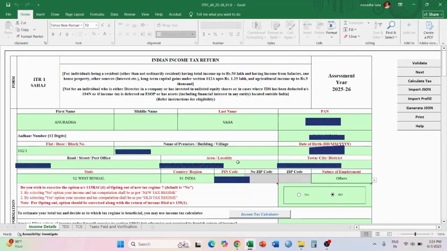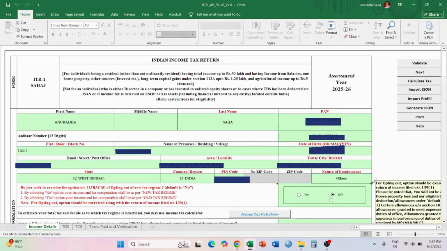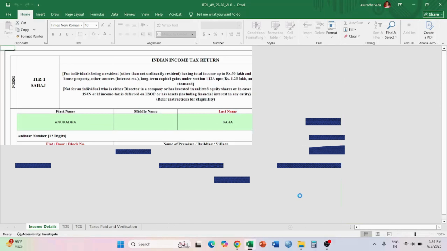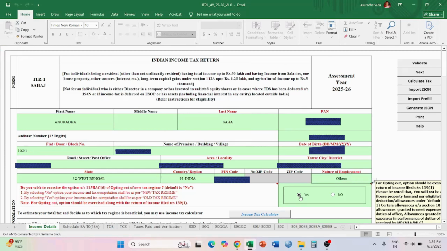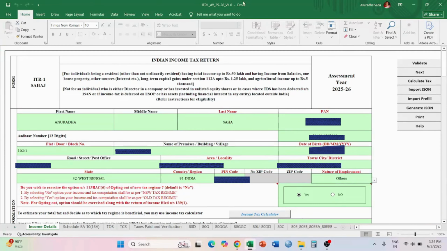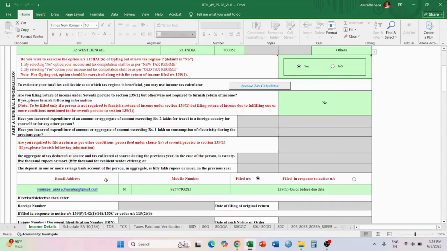Next, over here there are two options. They have said that no is the default given, if you want to do it in the new tax regime, and if you want to go for the old tax regime, then select yes. Here I am showing you the old tax regime today, so I am clicking yes. Again, see, the page gets adjusted and this page comes. Now here you will already get your email IDs written over here. If you have no data to be written in all these things, you can leave these places and continue.